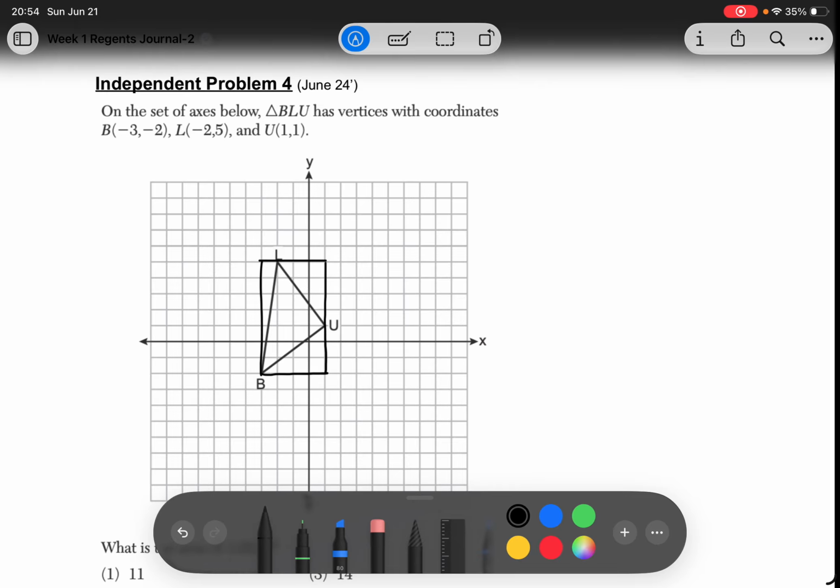Once we do that, the first step we want to do is find the area of the rectangle we created. So let's just count our sides. So we have 1, 2, 3, 4, 5, 6, 7. And then same thing below. 1, 2, 3, 4. So we know that the area of a rectangle